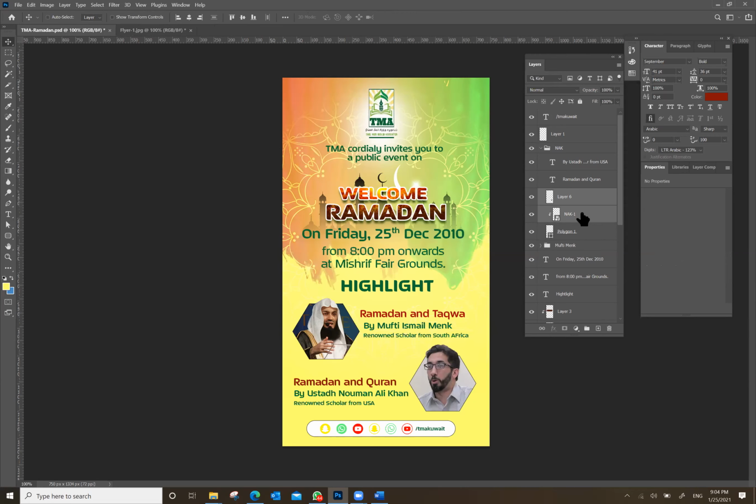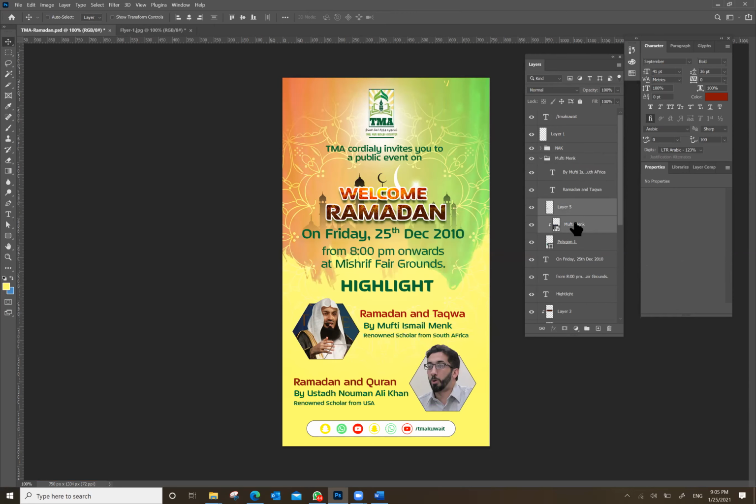So now see, he is popping out from this polygonal design. So these are some tricks you can use to give special effects in your flyers.